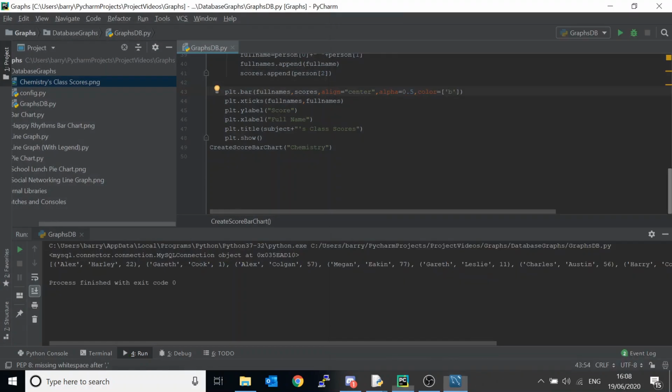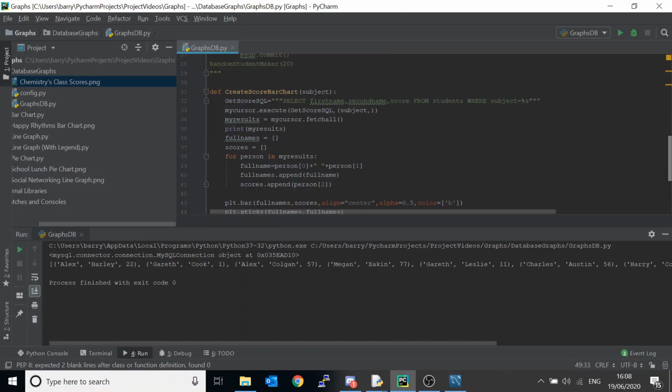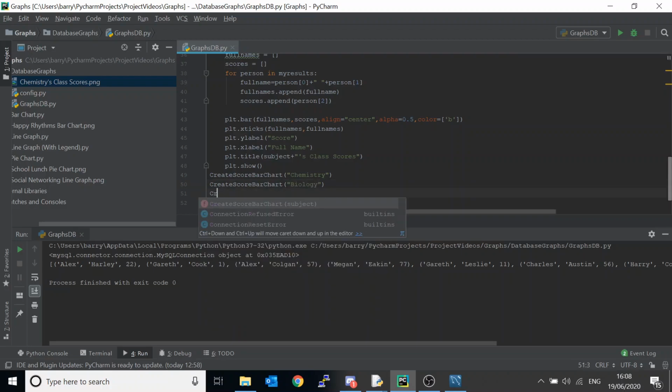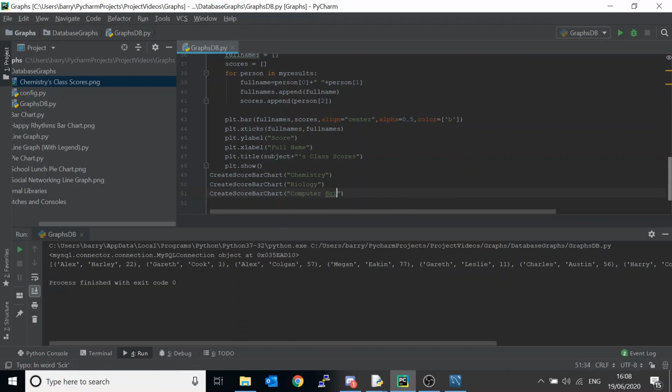Now, what's excellent about our function here is that we've written it in such a way that we can do it for any subject. So this is the power of making our functions generic. Remember I mentioned we had 3 subjects. So if I do create score bar chart biology and create score bar chart computer science, and then we run it,